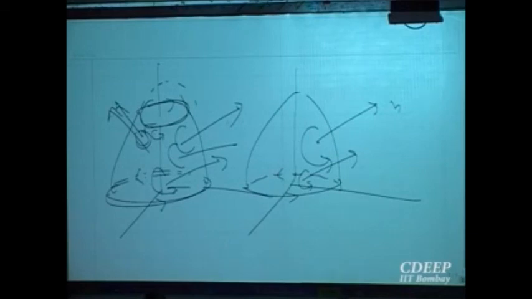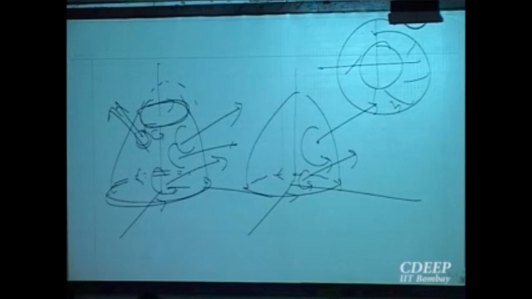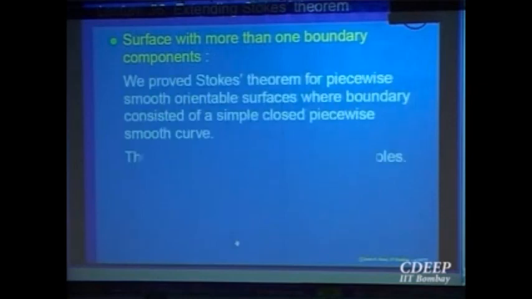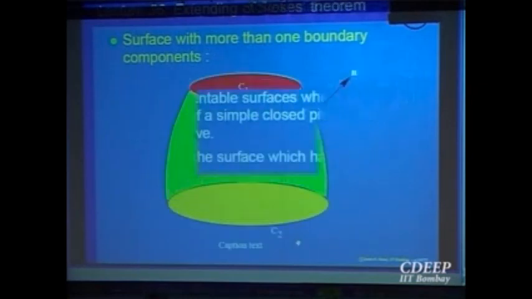Because when you project it, the projection of this surface is going to give you the annulus portion in the xy plane, right? For the outer one it will give you this boundary, the inner one is going to give you this boundary. So for the surface integral, that is not going to affect it, because you will be integrating only over this region, curl f dot n over this region. But for the line integral, you have to keep in mind which orientation you should be giving to the two parts of the boundary. So that care has to be taken. That is all explained.